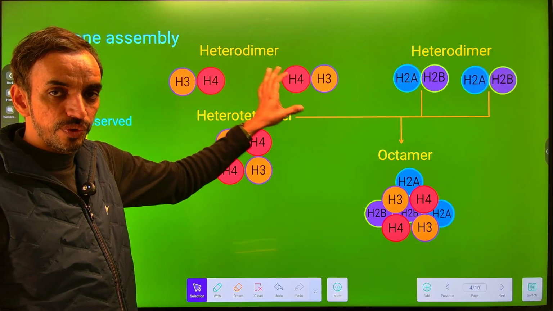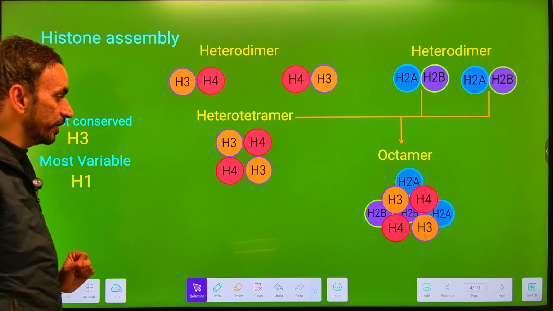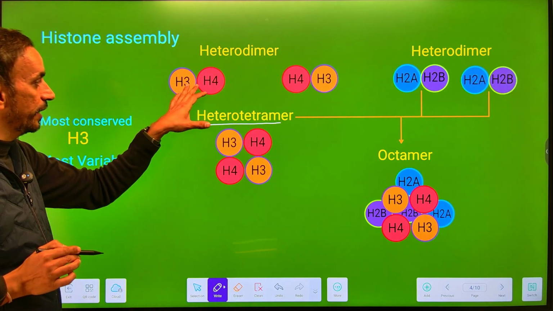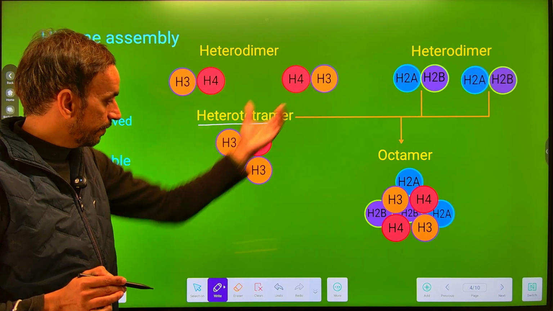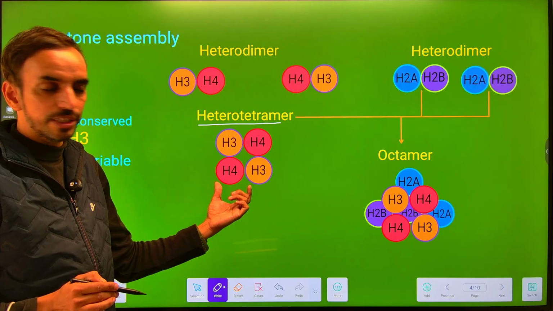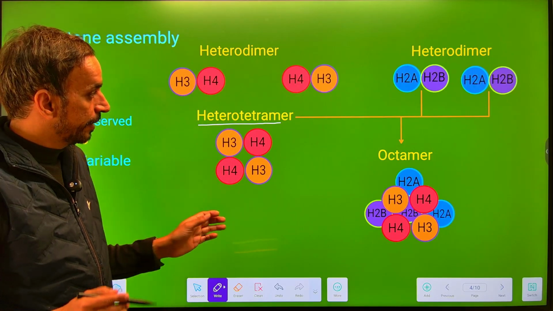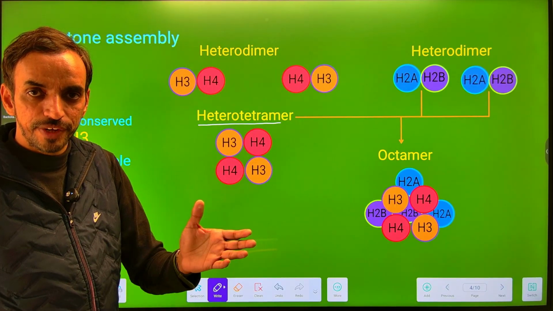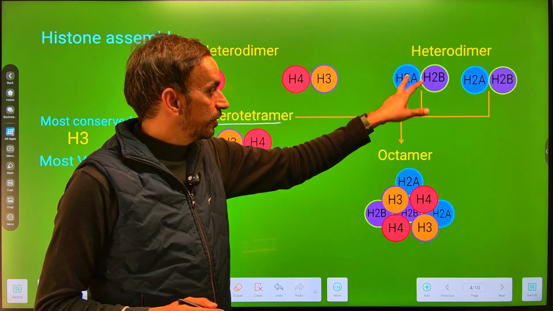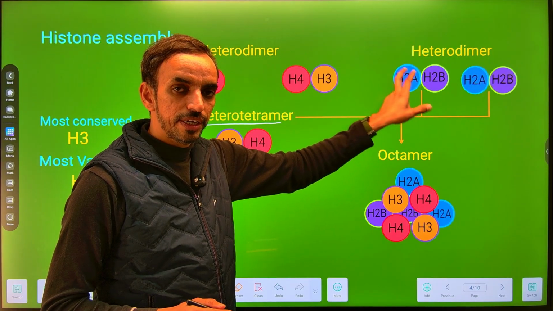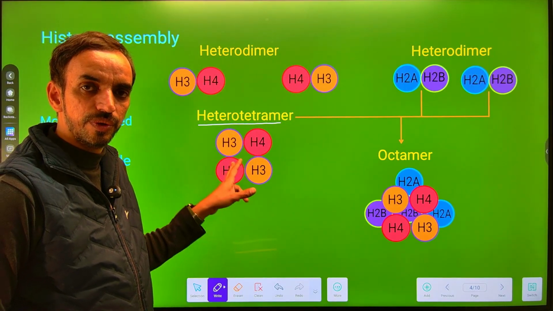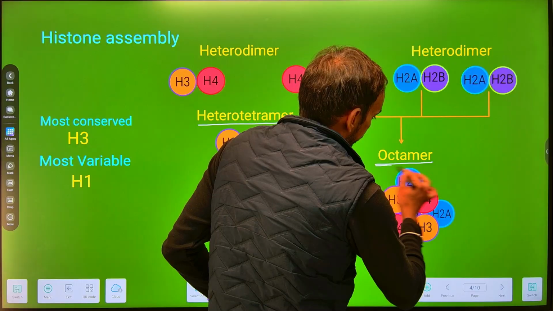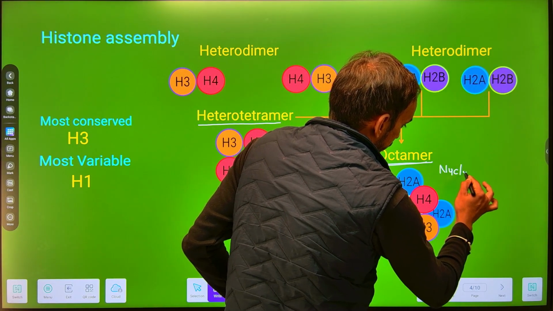Then these heterodimers further interact, which leads to the formation of a structure called a heterotetramer. It will interact with H3 and a 4-subunit complex will form, which we call a heterotetramer. Then the H2A-H2B heterodimers interact with this heterotetramer in the form of a dimer, meaning a heterotetramer is not formed here; the dimer of H2A and H2B directly interacts with these heterotetramers, so that leads to the formation of a structure called an octamer, and it is the nucleosomal